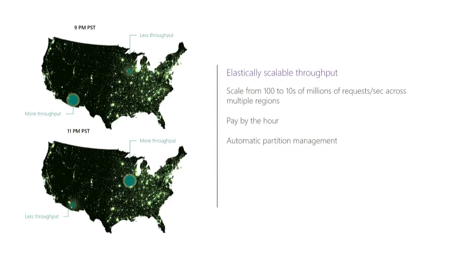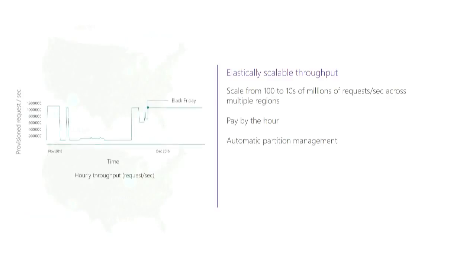Number one, for this category of apps, we are truly elastic. You drag a little slider and say, hey, I need to scale 100x more throughput. DocumentDB handles all of the partition management behind the scenes. You don't have to think about the world in terms of physical partitions. We will scale that app up, and we will maintain availability while the app is scaling up. And we also allow you to distribute your data across multiple geographic regions, so you can dial this throughput and spread it across different regions.